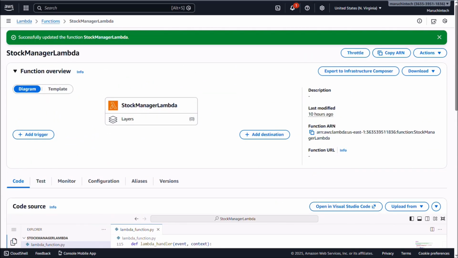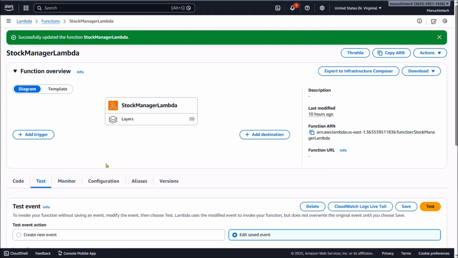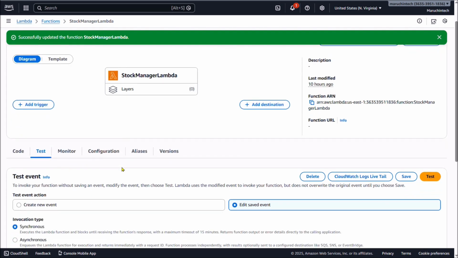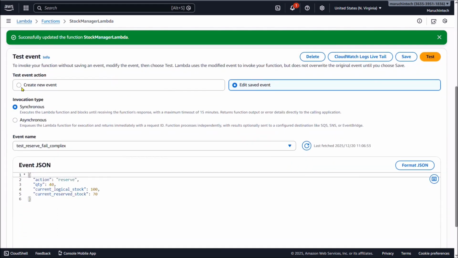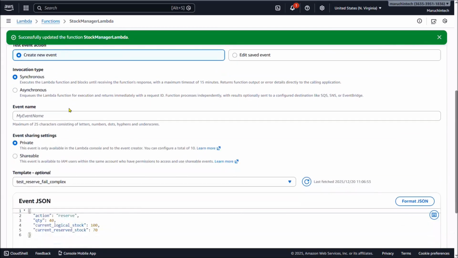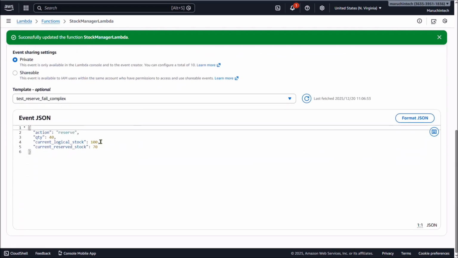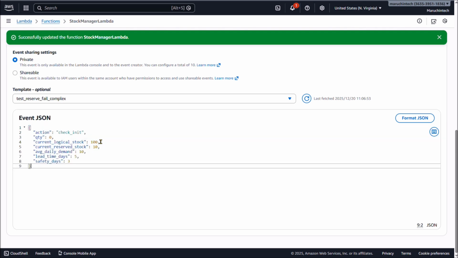So now click on the testing tab, and from here we will execute 2 types of tests in the same way as before. So scrolling down and clicking on create a new event. The first test is named test ROP calculation, and we will verify if the safety stock and the reorder points are calculated correctly. So scrolling down to the event JSON, and I'm going to paste the JSON, and the action is